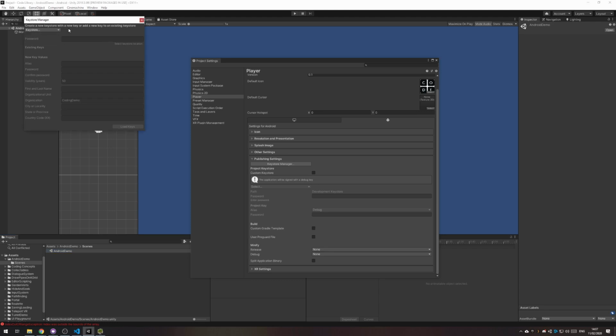And the thing with this key store is you do not lose this key store. It's important because it's the only one that can be used to create this application. Once your application goes live on the store, you can only ever use that key store from there on. Otherwise, you have to delete the whole application from the store and upload a brand new application entirely. So make sure you keep this in the same place, put it online,